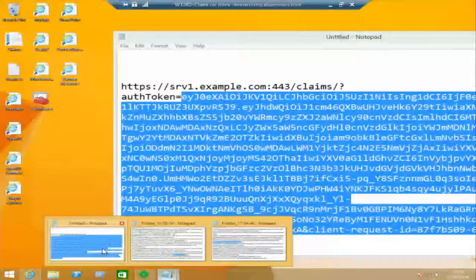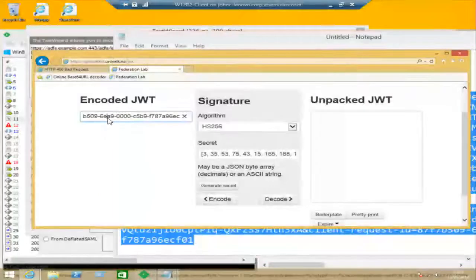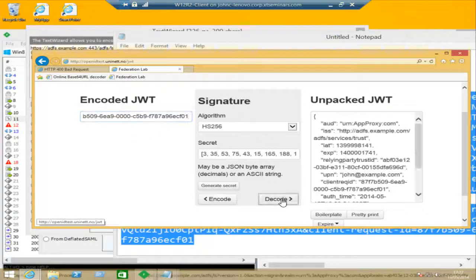Pop over here, grab that lot, and decode it. And then we can see the contents of the JOT. It's a much simpler format than the XML SAML token, and what it's saying is the audience is the proxy